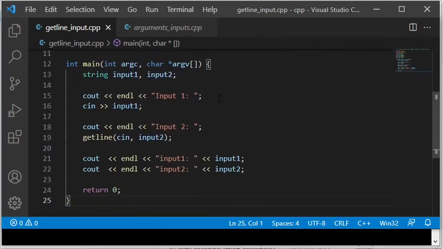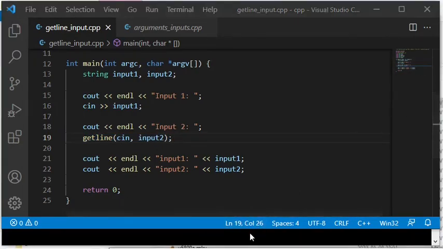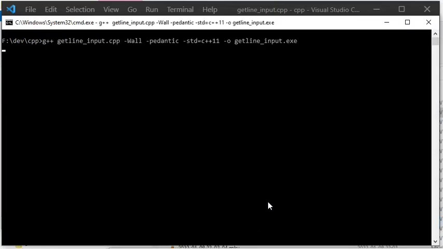The program first reads from standard input into a variable input1 by using cin and an extraction operator, 2 greater than signs, and then reads into a variable input2 by using the function getline. Now I will compile the program and then execute it.